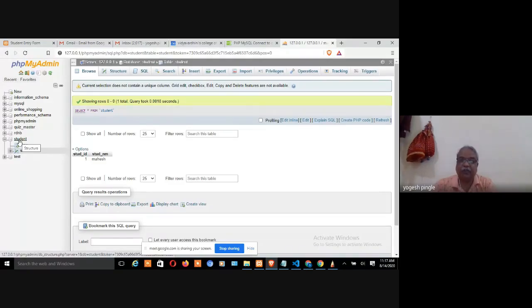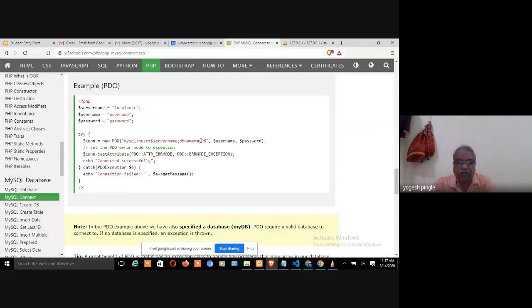Please, this is very, very important. Now at this point, I don't bother about it. But once I am talking about a real-time project, right? Real-time project means whatever you are doing the mini project over there, I have to specify the database name. But at this time, if I am looking at the particular small code, right?